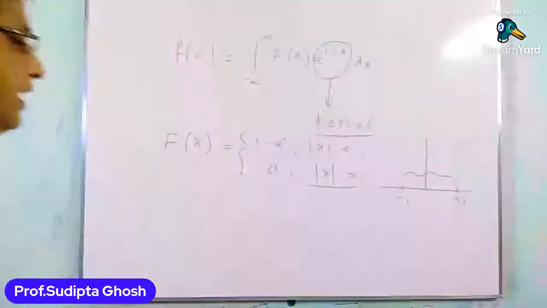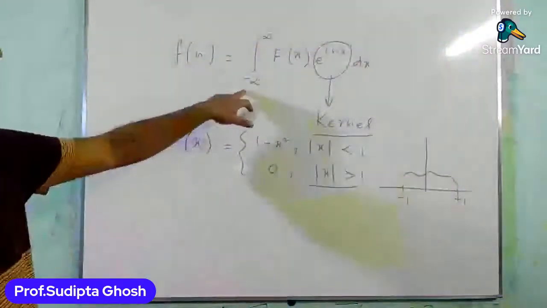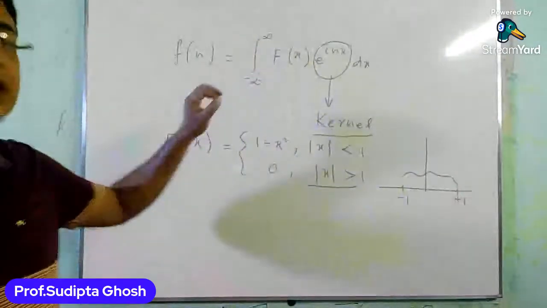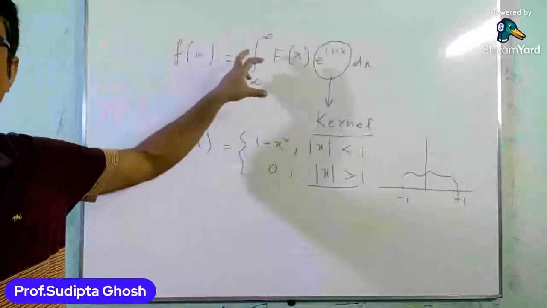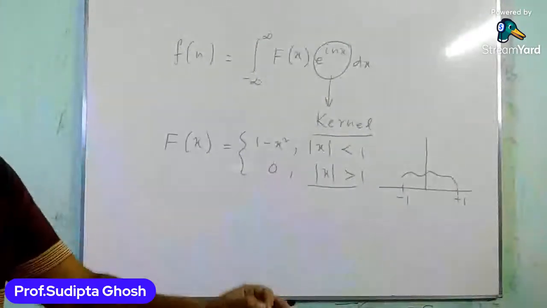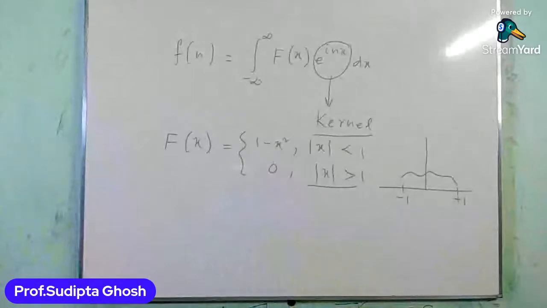So that's why we can reduce the range of this integration and write it as minus 1 to plus 1, since beyond the range minus 1 to plus 1, the value of the function is 0 elsewhere. So we have F of